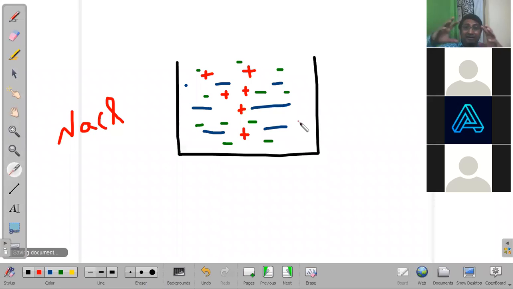But naturally, positive should come close to negative and attract, but it's not happening. That means there is some other force that is pushing these positives and negatives away. I hope you understand this. Positive charge should come and attract to the negative charge and they combine. But that's not happening with the sodium and chlorine ions because some new